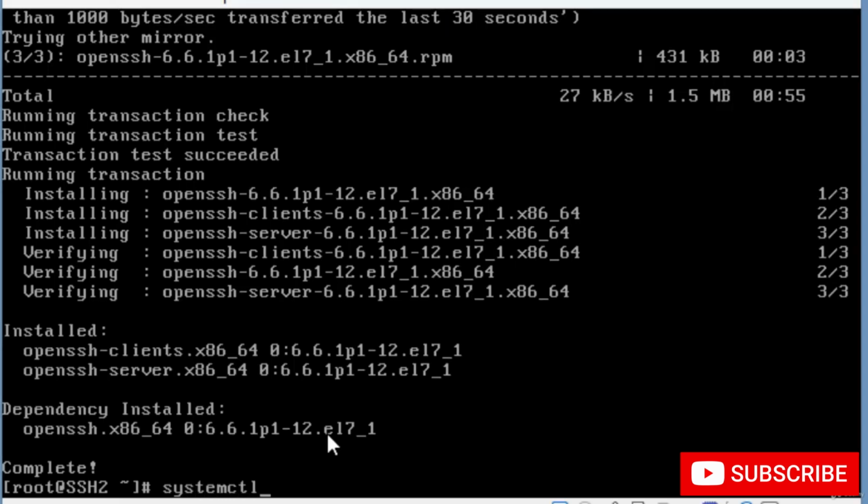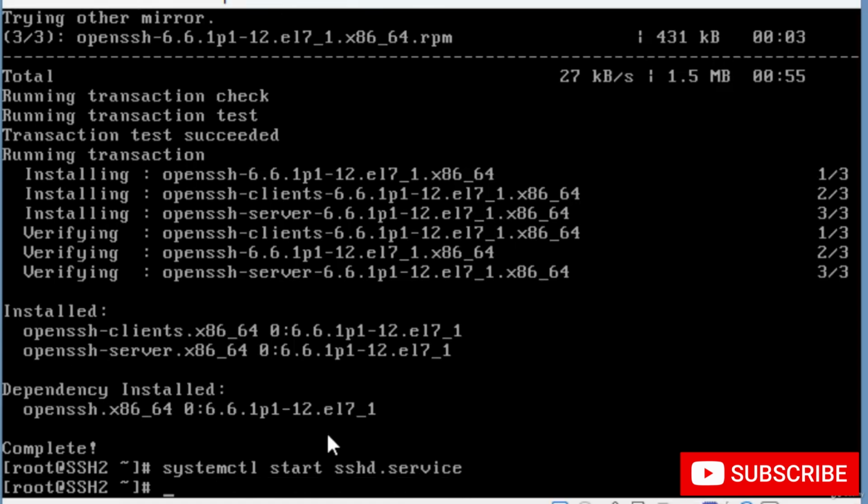systemctl start sshd.service and press enter. The system has started the SSH service successfully, and by that we have seen how to install